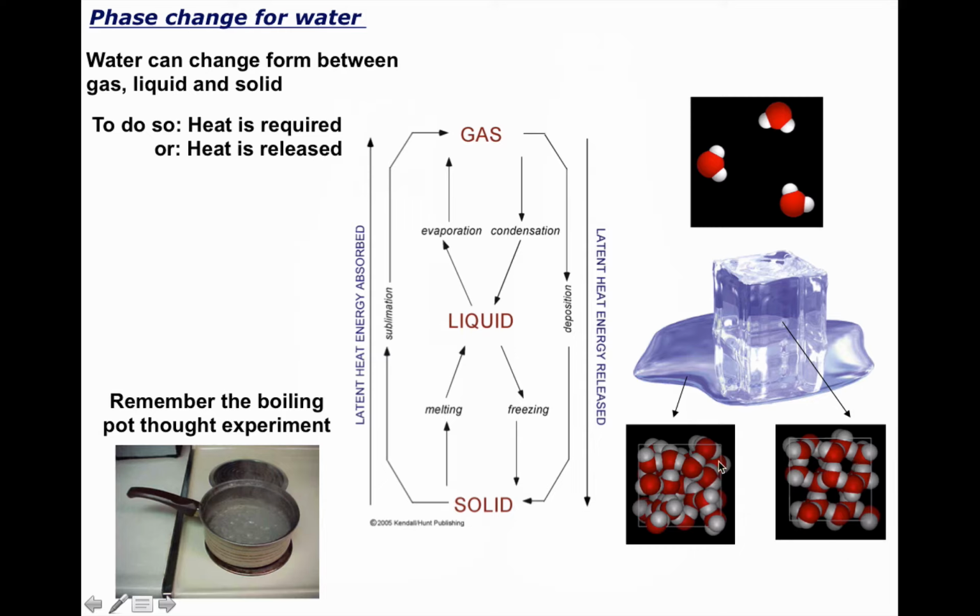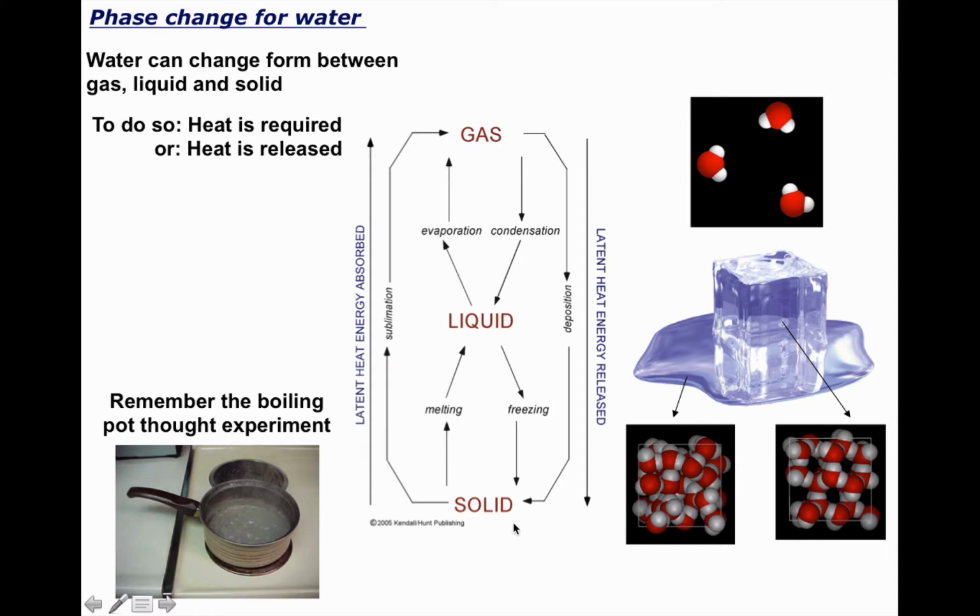But what I really want you to take away from this slide is this graphic in the middle. I'm not so concerned that you memorize that going from a liquid to a gas is evaporation, and from a gas to a liquid is condensation, and we have melting and freezing. And then remember, you can skip phases. You go from a solid to a gas without becoming a liquid. We call that sublimation. And from a gas to a solid, skipping the liquid phase, is called deposition.